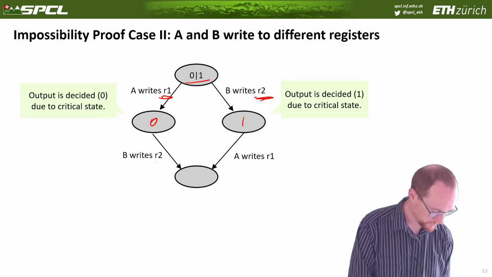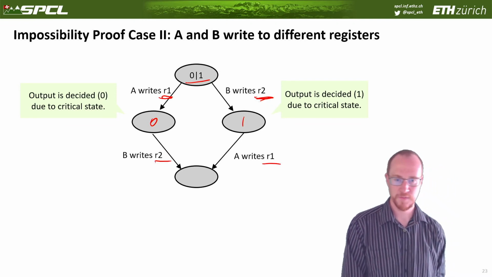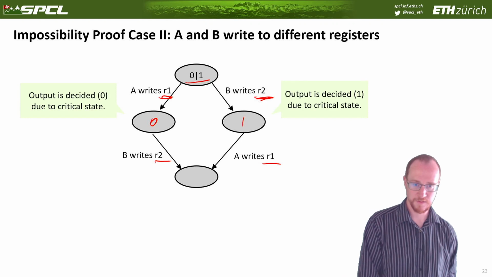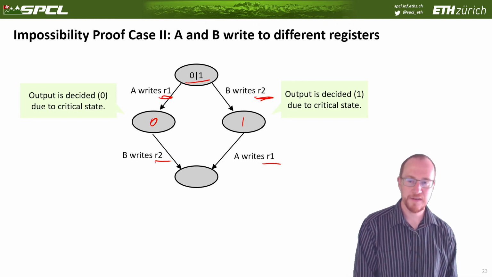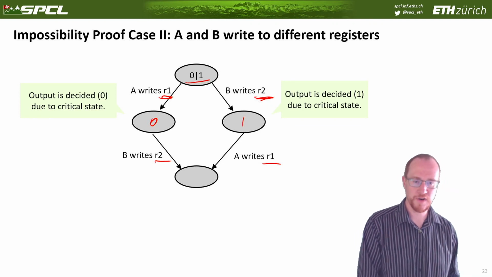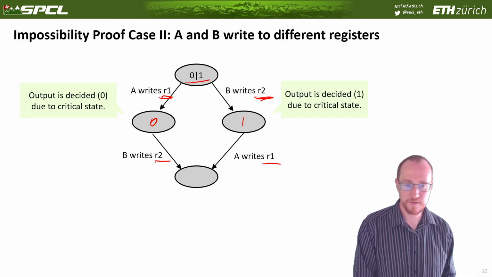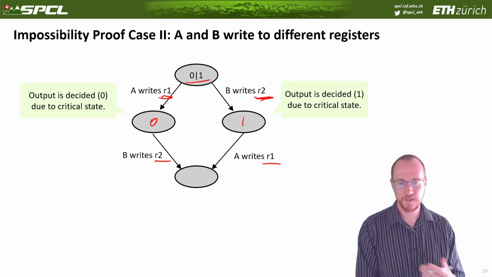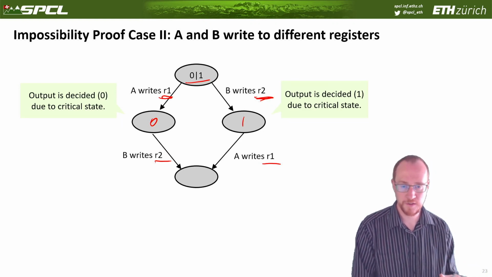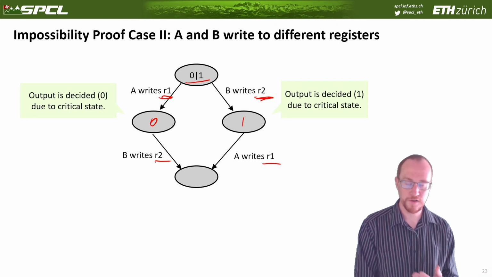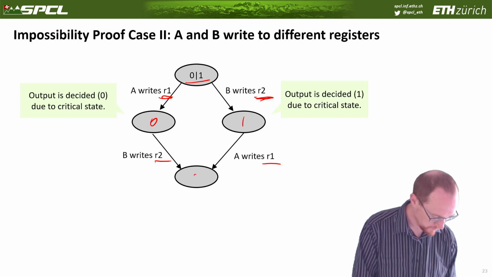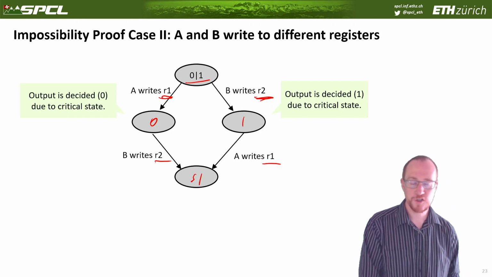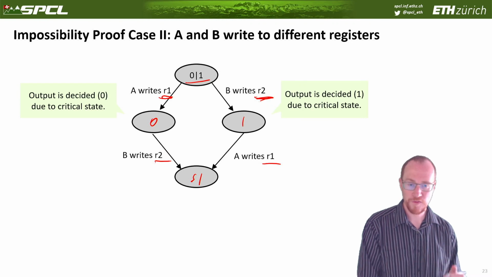So here B writes to R2 and then A writes to R1. And now, since they're writing to different registers, the state that they end up with is irrespective of the order of writing. Right? It doesn't matter if I'm writing R1 first and then R2, or R2 first and then R1. The state at the end is both R1 and R2 have been updated with the respective values of A and B. So this state, let's call it S1, is indistinguishable from both A's and B's perspective from the left side,